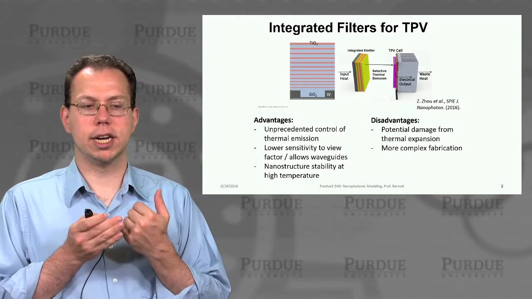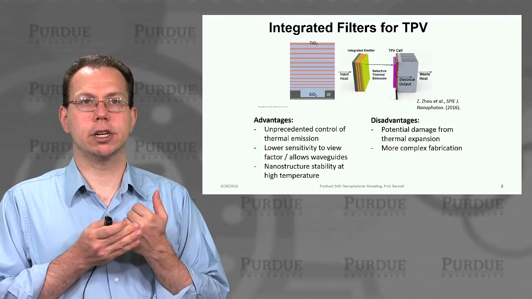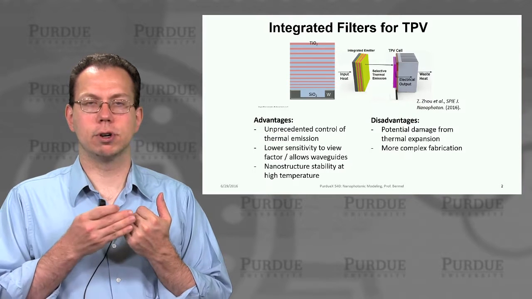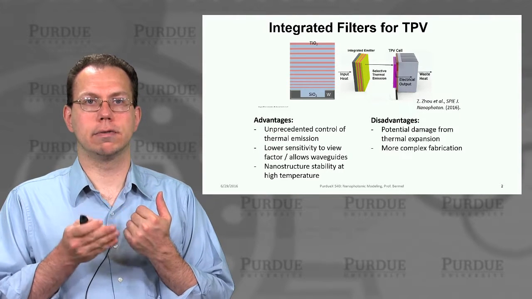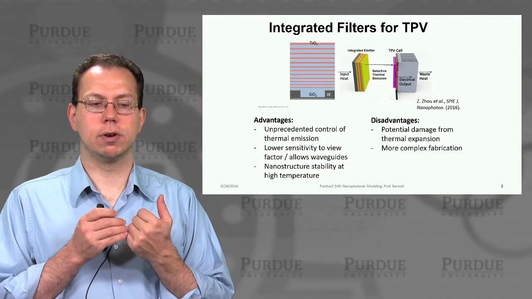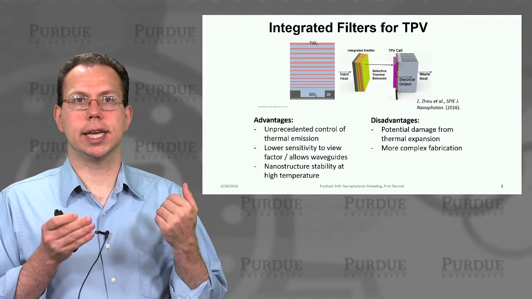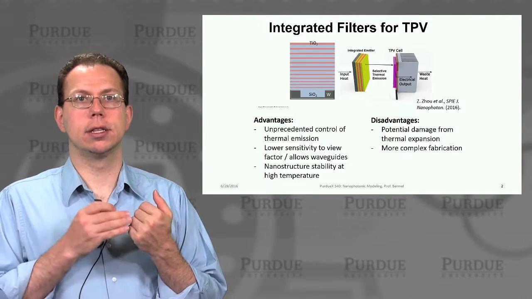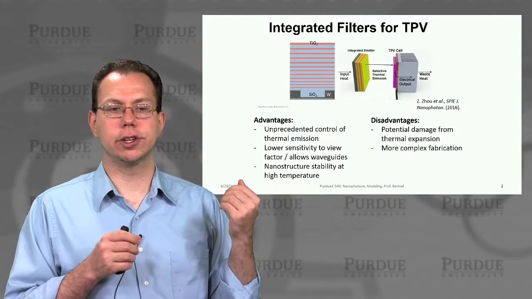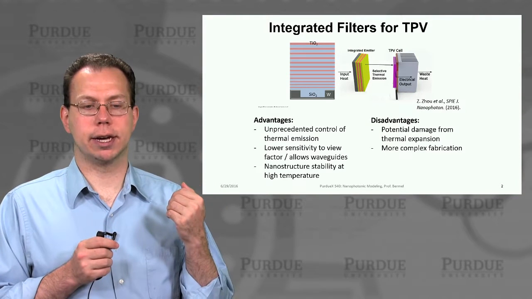Here, the advantage is that you then have a pretty much guaranteed view factor of 1. On the other hand, it could adversely affect the thermal emission properties of the tungsten photonic crystal, so it's not necessarily obvious that this would actually help you overall. The other thing that may be helpful is that because you're only emitting the wavelengths that you want, you have much more flexibility in creating a path for the light to travel from the emitter to the receiver, because you never have to worry about sending it back.